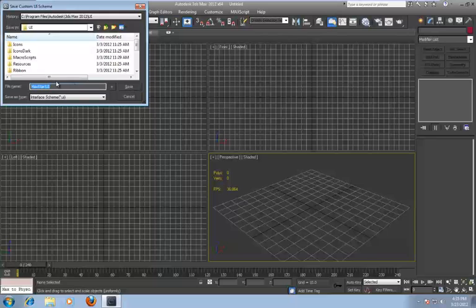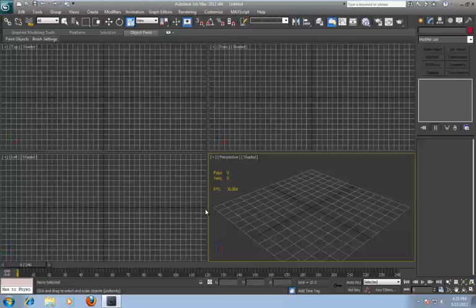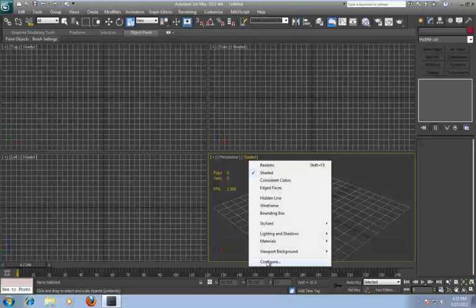So we want to save it as Max Start UI. What this does is it makes 3ds Max load our custom preferences on startup. So just hit save. And so it's got our interface layout, our keyboard shortcuts, menus, our quad options, and our colors. So just hit OK. Now to save everything else that we've changed, such as adding these buttons in here and configuring our viewport and whatnot,